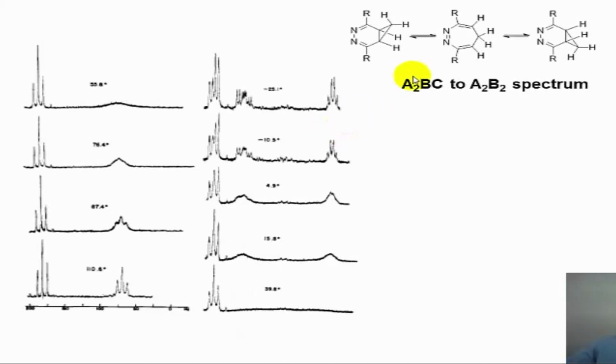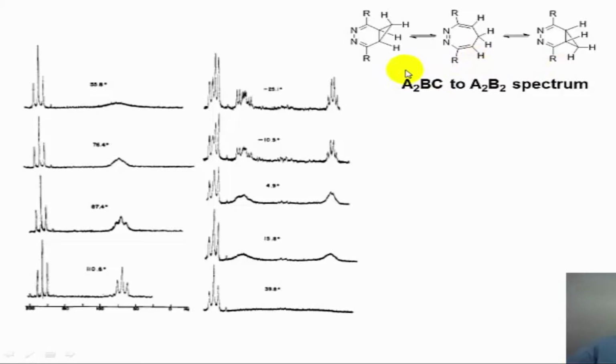Let us go to the next example. In this example, instead of a divinyl group, you have a diimino kind of functional group that is attached to a cyclopropyl ring system. This is very similar to the 3,3 sigmatropic rearrangement that we discussed, and this essentially undergoes the ring opening reaction to give this structure here, and this structure can again undergo ring closing reaction to give the opposite isomer of this. In fact, this is also a degenerate rearrangement. There is no distinction between this molecule and this molecule. Essentially cyclopropyl is up here and cyclopropyl is down here in this particular spectrum.